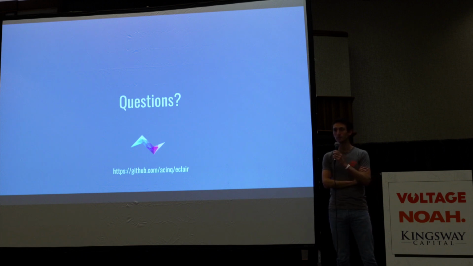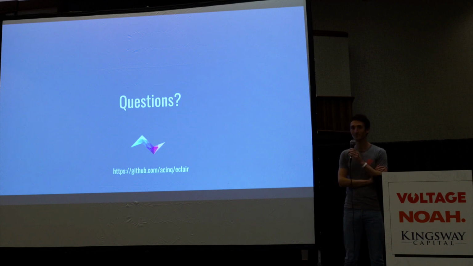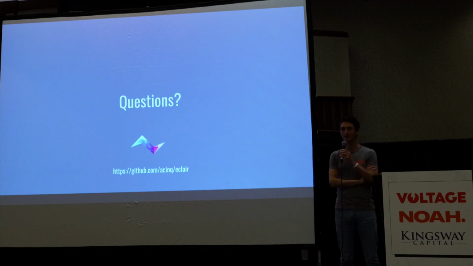If I understand correctly, Eclair is also using the Bitcoin Core wallet for the on-chain wallet, and it seems to me this is quite unique among the different implementations. Can you talk a little bit about what your design thinking was regarding using the Bitcoin Core wallet for your on-chain operations? Okay, it's really simple.